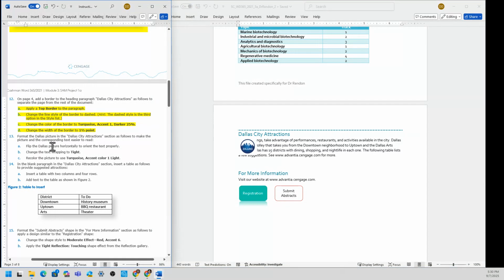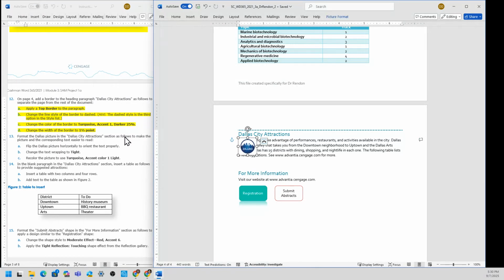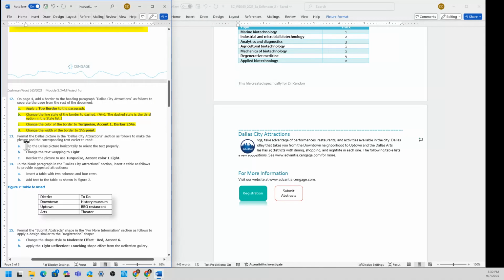step 13, and format the Dallas picture in the Dallas City Attraction, which is this here, as follows. Flip the Dallas picture horizontally to orient the text properly, and then change the text wrapping to tight, and recolor to this one here, turquoise accent color 1 light.